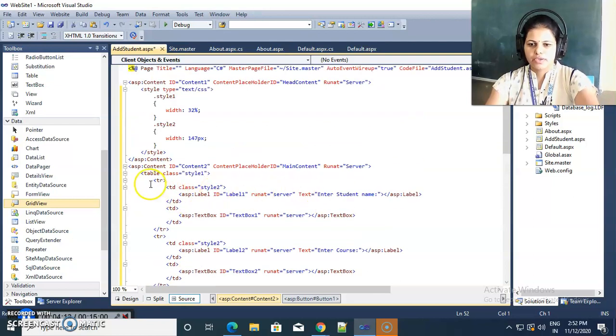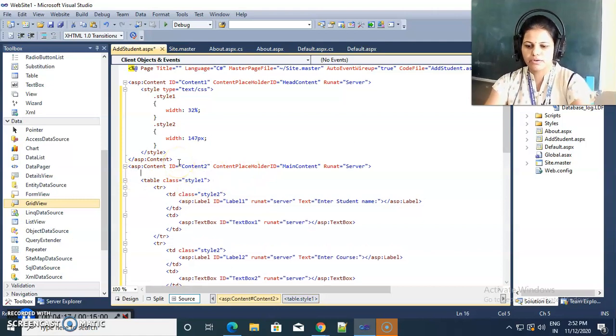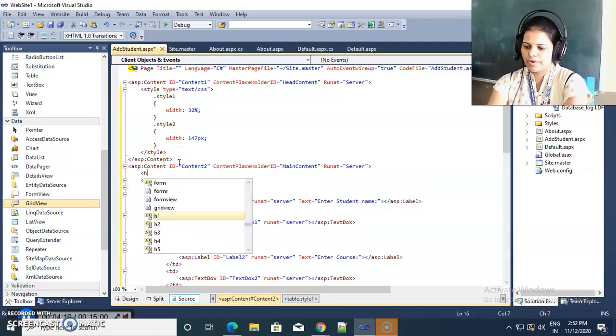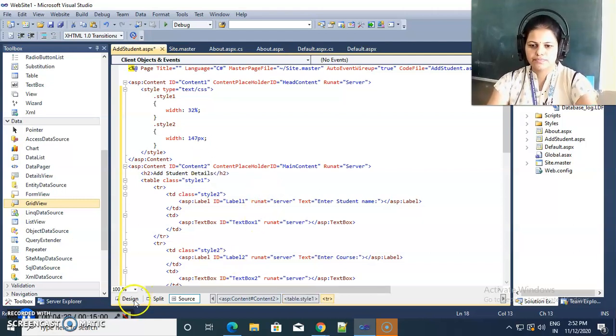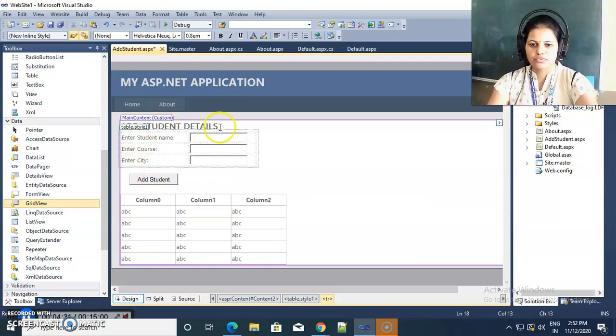Okay. Now what we want from this page, here before the table I am taking one h2 tag and giving the title as add student details.